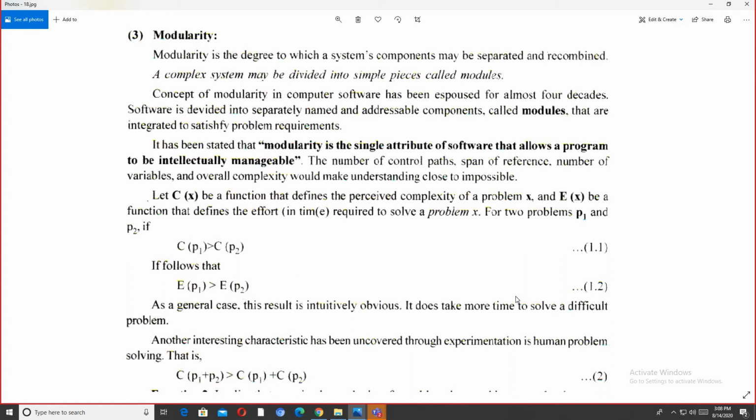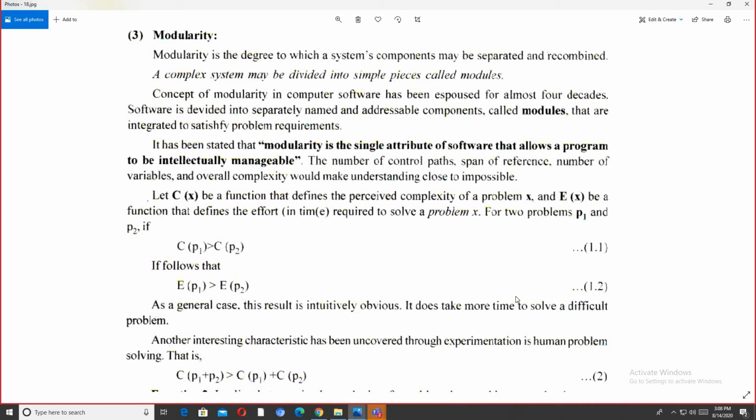For example, in C programming, you are always creating names for your functions like multiplication, subtraction, addition. These are the names of the functions, and we are calling them whenever required in the void main statement. So whenever such things happen, we can say that they are further smaller modules which are being worked upon so that a particular piece of information may be processed by them to provide a general output. So software is divided into separately named and addressable components called modules that are integrated.